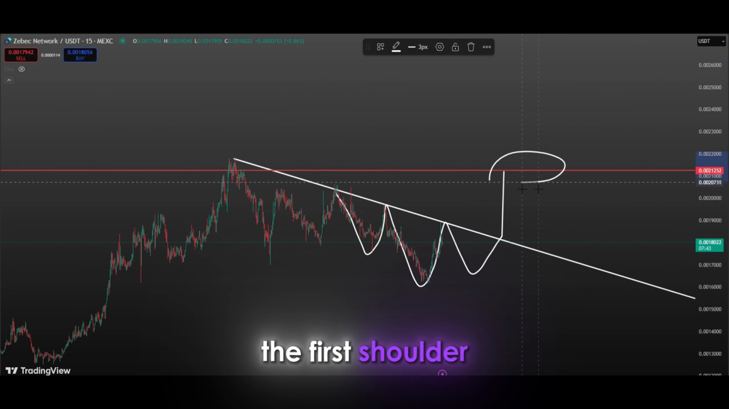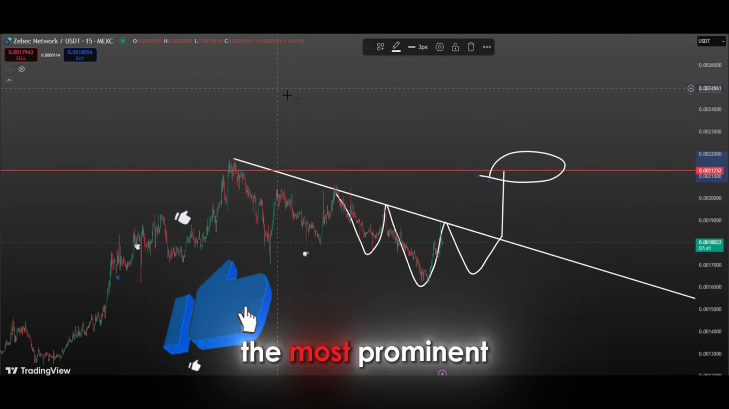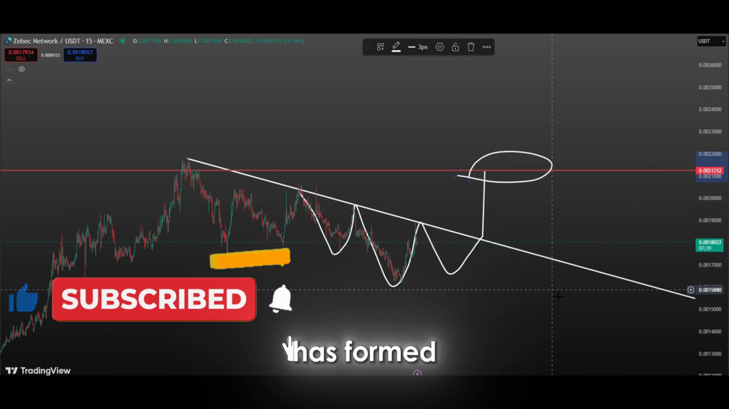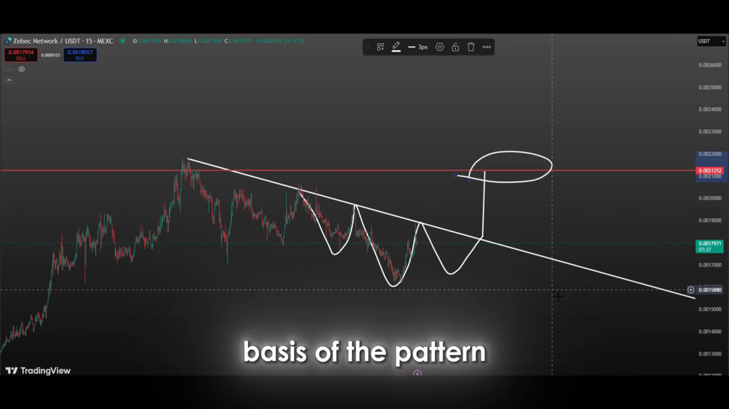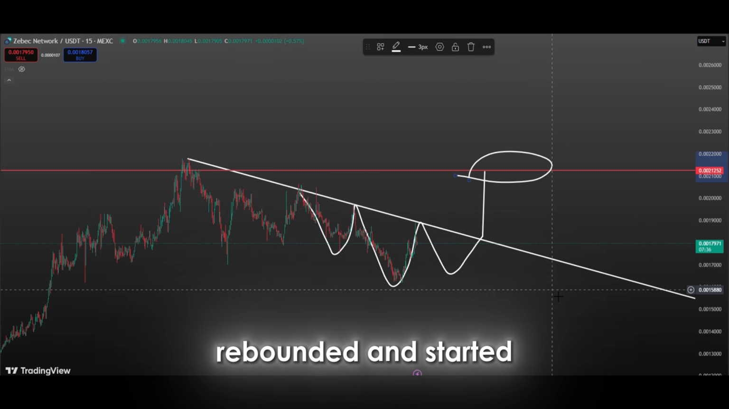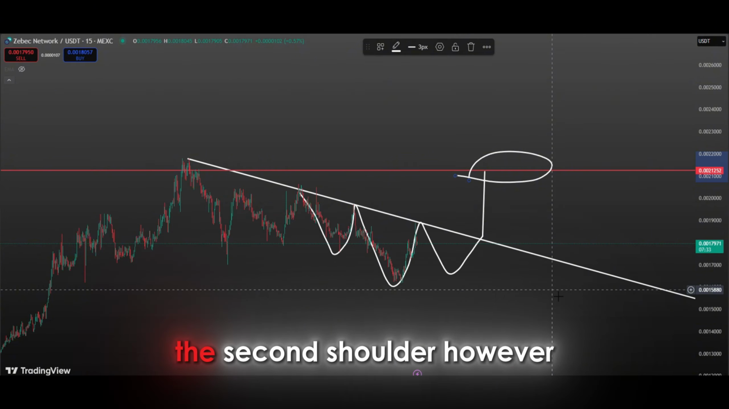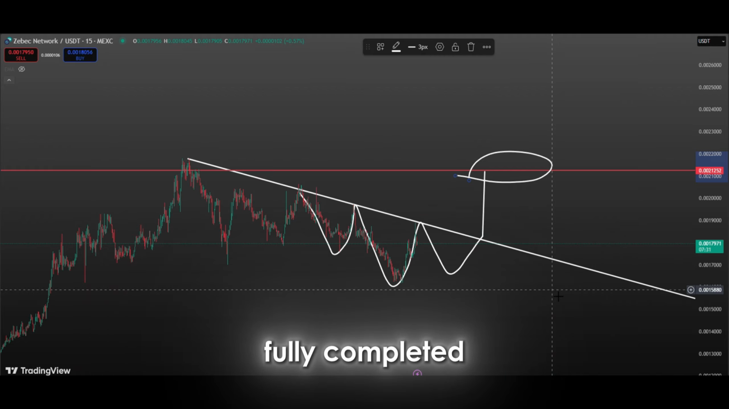Currently, the first shoulder is clearly formed on the chart. With the subsequent bearish move, the most prominent part of the H and S pattern, the head zone, has formed. This head usually represents the lowest price level and forms the basis of the pattern. The price then rebounded and started an upward movement, indicating the preparation of the final part of the pattern, the second shoulder. However, even though this second shoulder is not yet fully completed, the overall outlook clearly shows that the pattern is